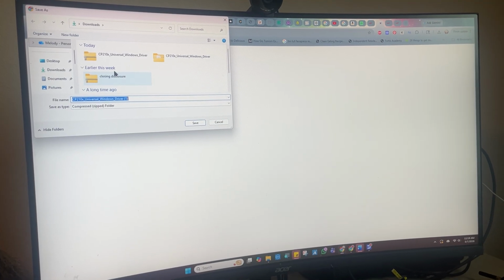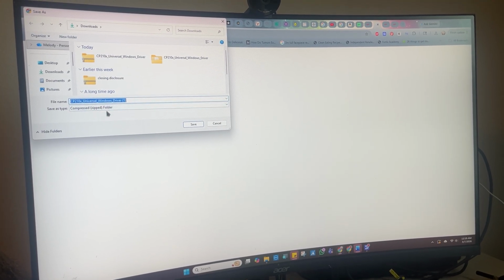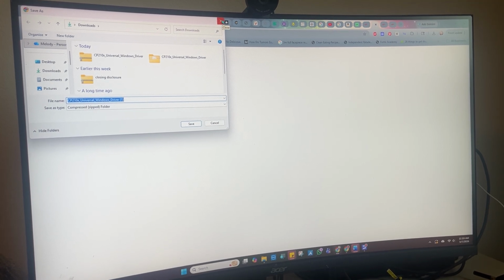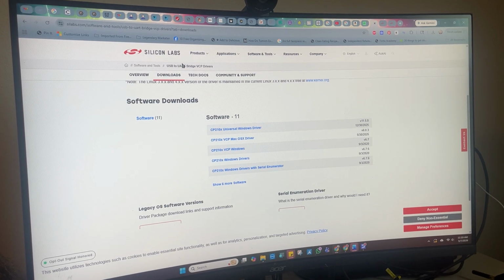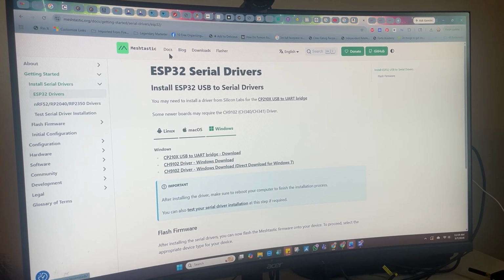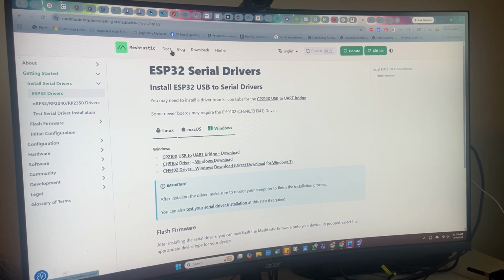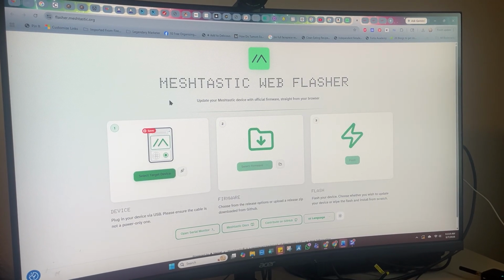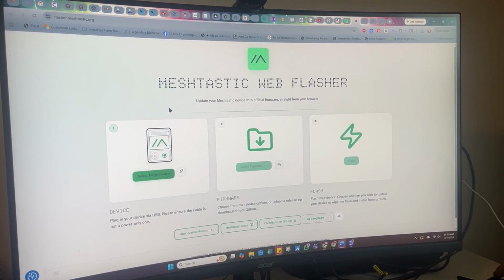And of course, then you want to download, but you also want to install and make sure you are using that driver. And then you can go back to the website, and at the top where it says Meshtastic, Docs, Blog, Downloads, go to Flasher,